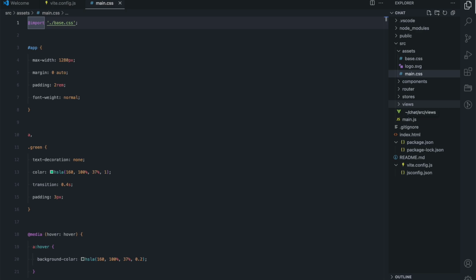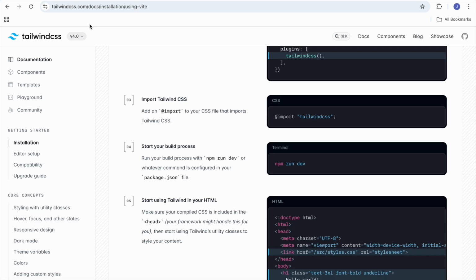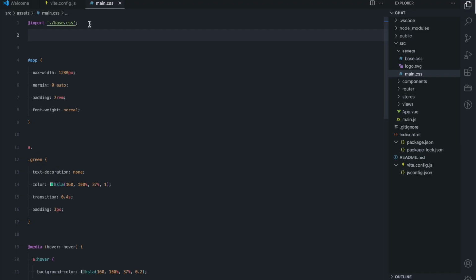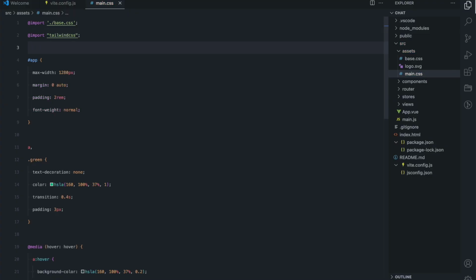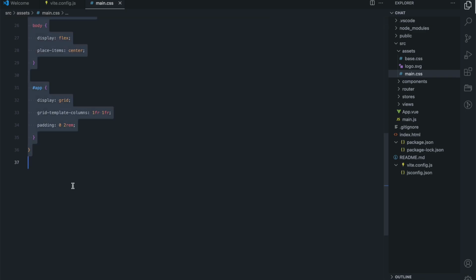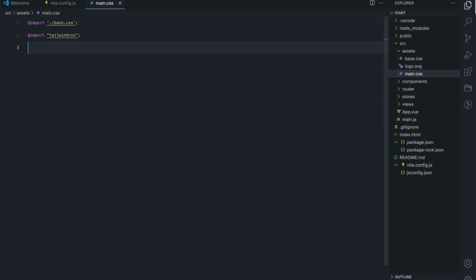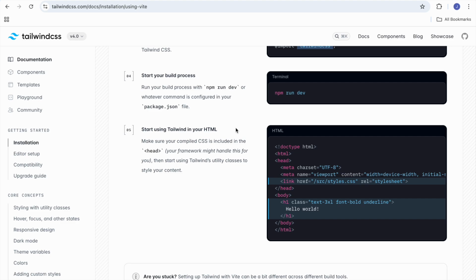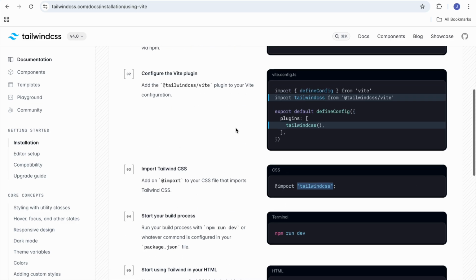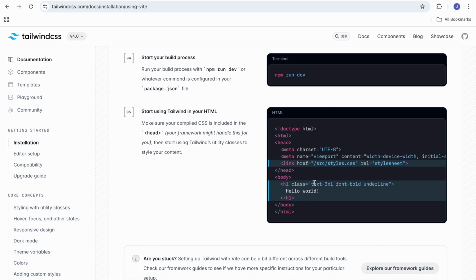so there's this main.css that uses base.css. I'll import it here, import Tailwind CSS, and the rest of the style that you see here is for the boilerplate. So I'm just going to get rid of it because I don't need it. I can even get rid of the base because I won't need it either. And then it's asking me to make this one change again,